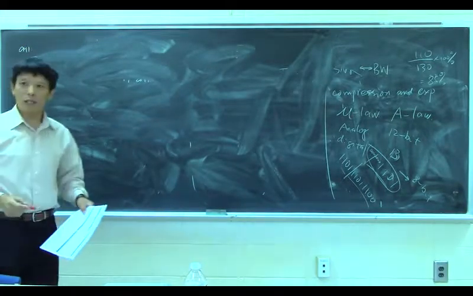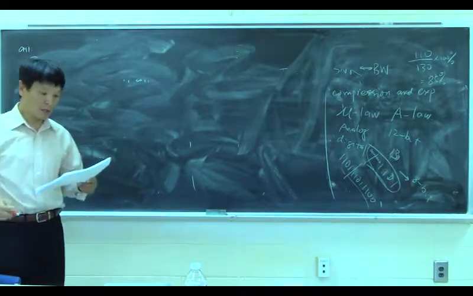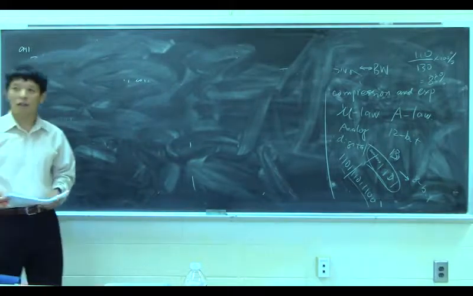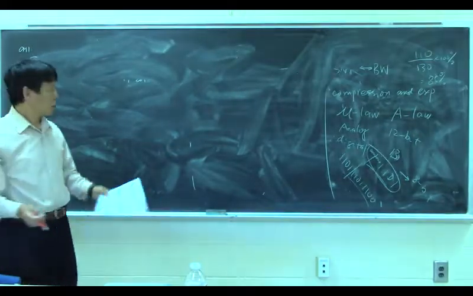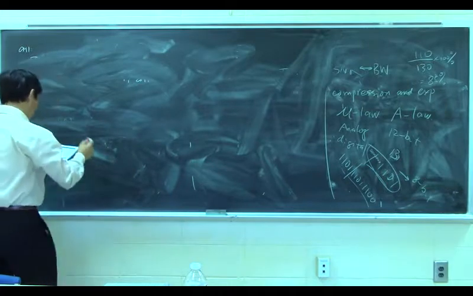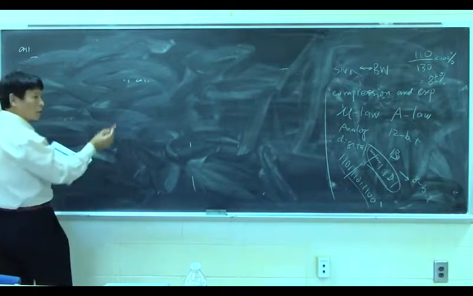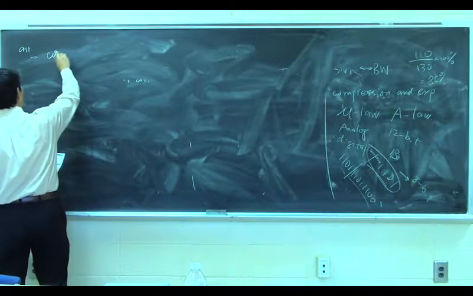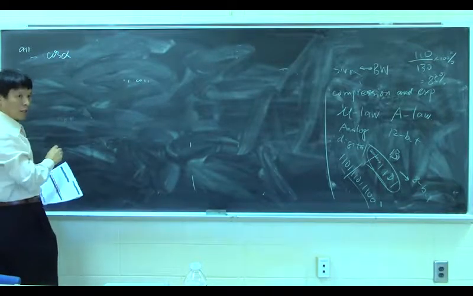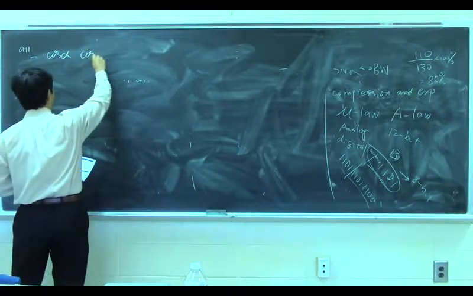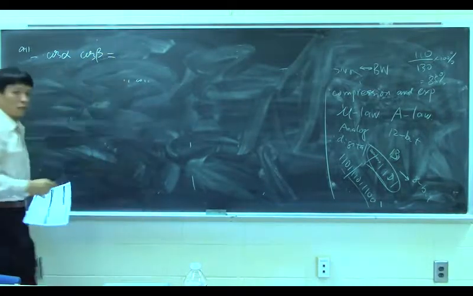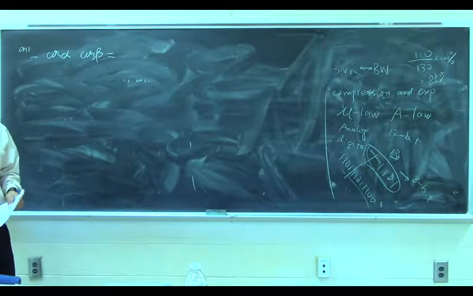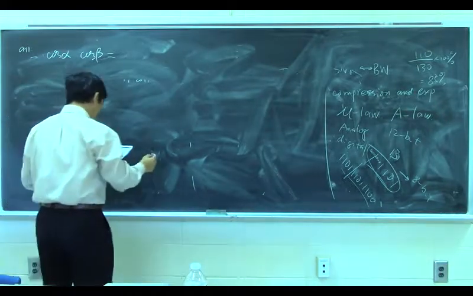The first one is several trigonometric identities that we are going to use in this class. The most important is the cosine function, cosine alpha times cosine beta. Anyone still remember this? No, okay. I don't blame you. That equals